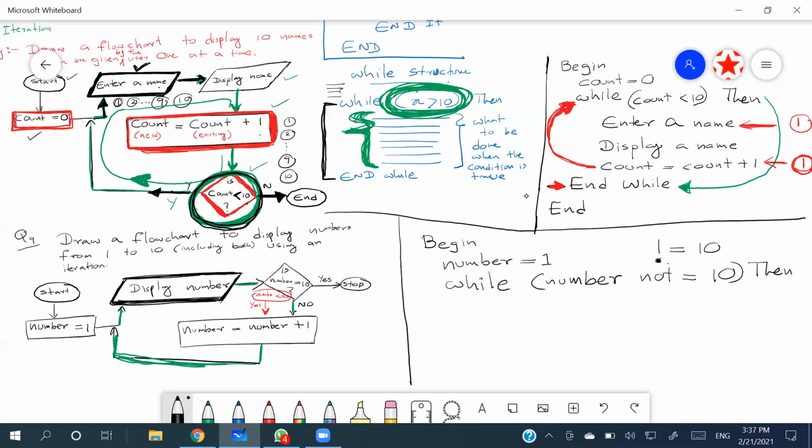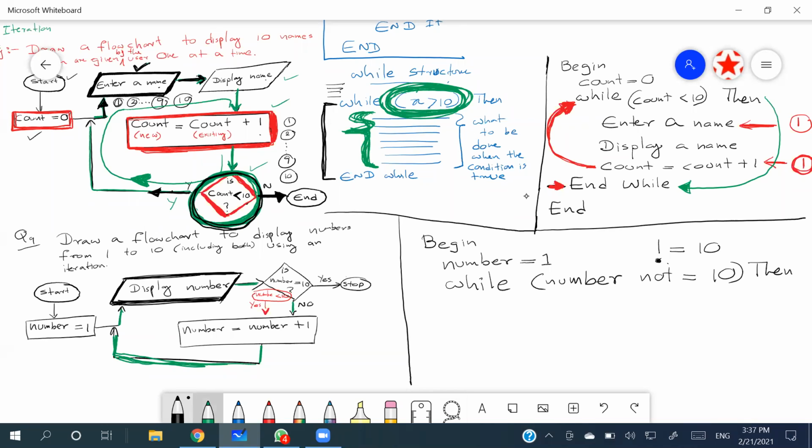Yeah, they will definitely. Even in last paper, we just finished discussing the 2019 O level paper for the grade 11 students who are facing the exam next week. The last question was something very similar to this, right? So be careful, right? While number not equals 10, then we are going to say,